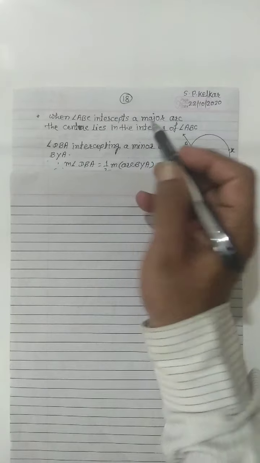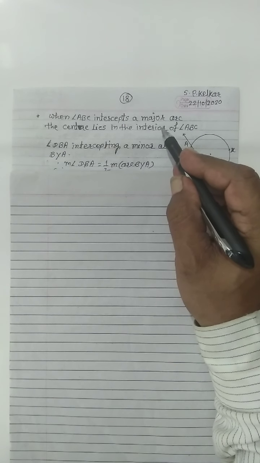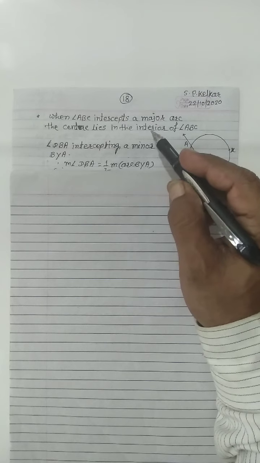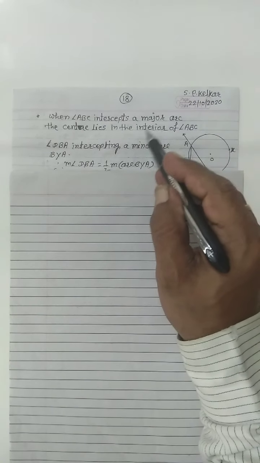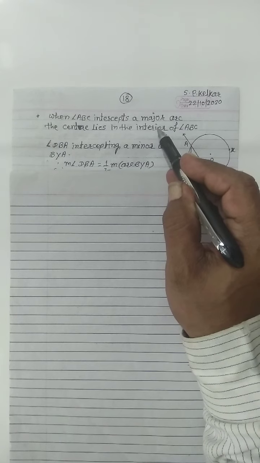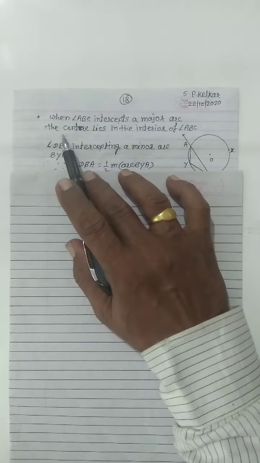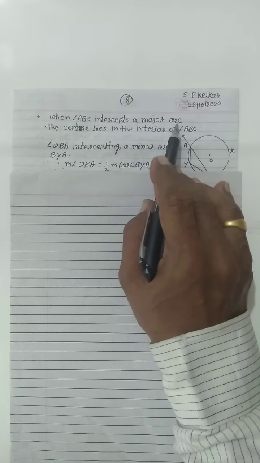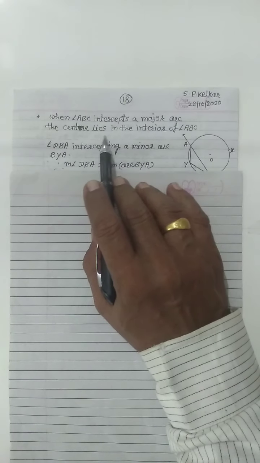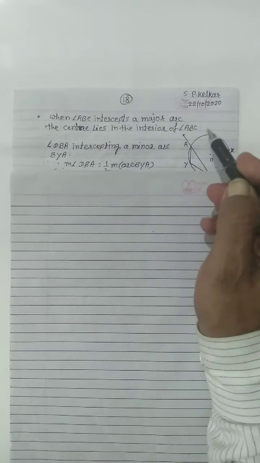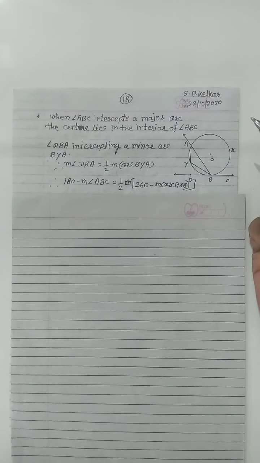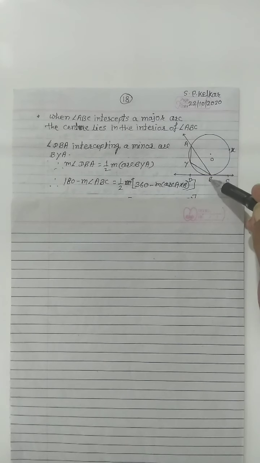Yesterday we already covered the measure of angle ABC when it intercepts a semicircle, and when angle ABC intercepts a minor arc. Today we are going to take the case when angle ABC intercepts a major arc, so the center lies in the interior of angle ABC. See in this figure, this angle ABC intercepts this major arc